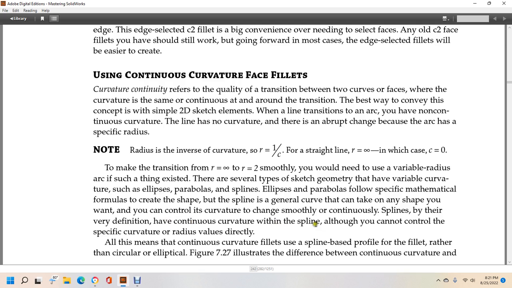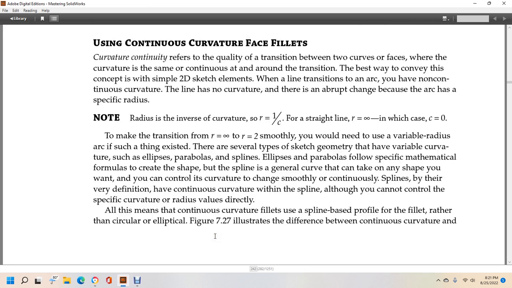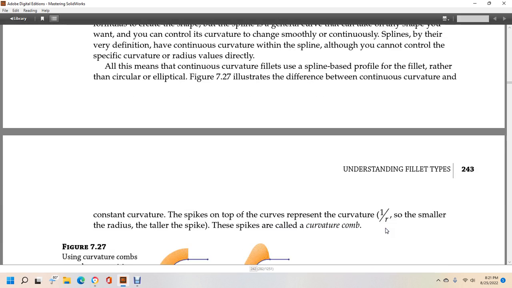You can have continuous curvature with a spline, although you cannot control the specific curvature or radius values directly. All this means is that continuous curvature fillets use a spline-based profile for the fillet rather than a circular or elliptical one. This illustrates the difference between continuous curvature and a